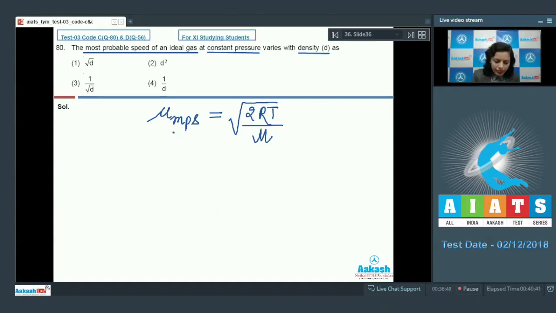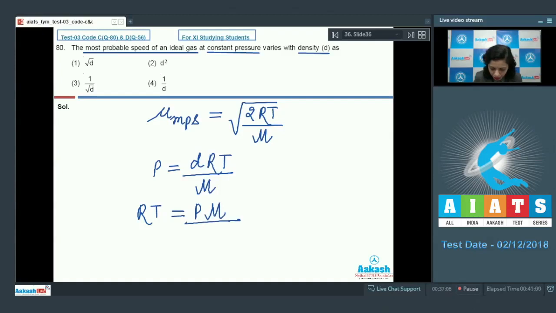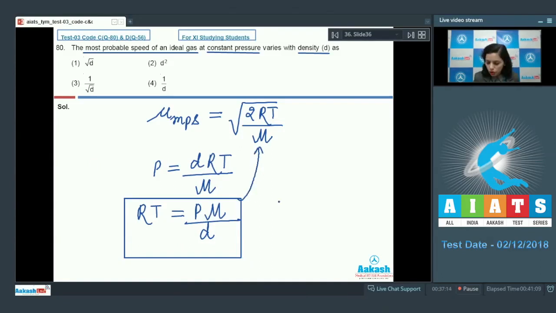UMPS. Now, in this case, we should also know that the relation between density and the pressure of the gas is P is equal to dRT by M. Now, what would be the value of RT? The value of RT would be PM by D. You have this value of RT. Just take this value from here and place in this equation. So, this UMPS would equal to